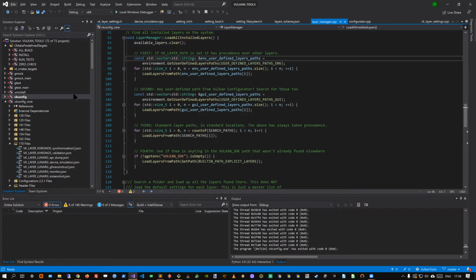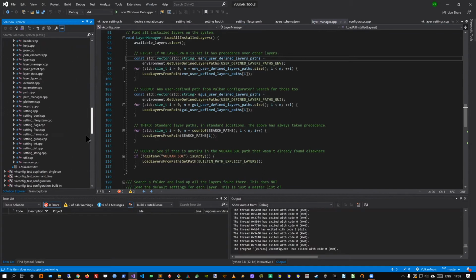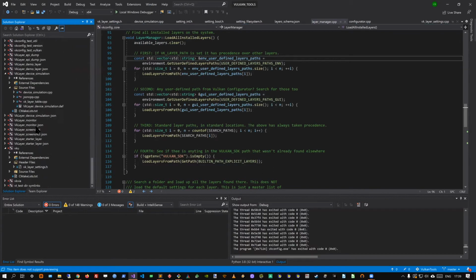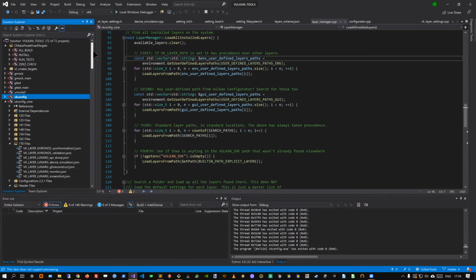What's convenient for me here is that I can do all the explanation based on this repository, because there is Vulkan Configurator, but there are also some layers which we will modify, like DevSim.